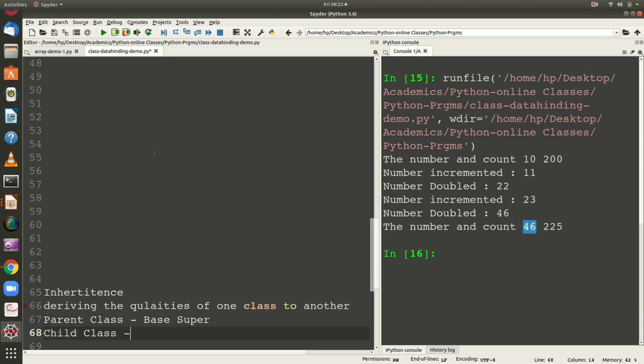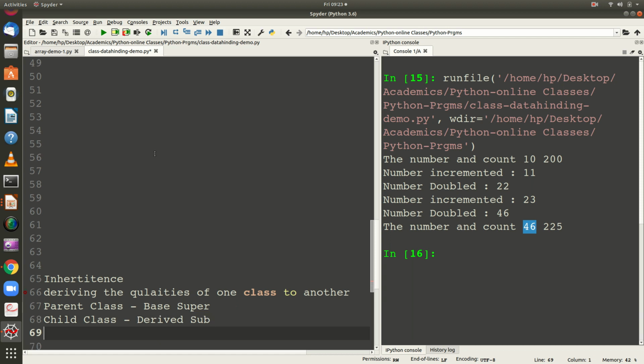The same way for the child class, you can call it derived class or subclass. What is the main advantage of having inheritance? Very important: reusability of code. Whatever you have already defined, those properties you can directly inherit.